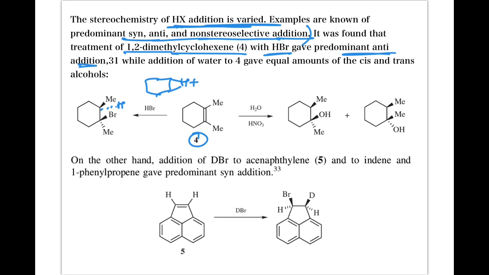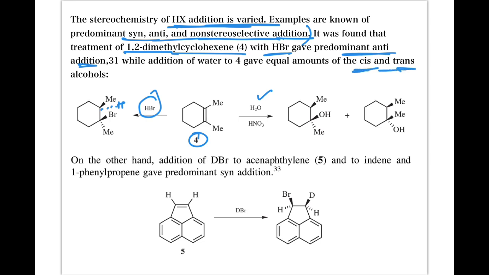Is it possible? It is not predicted in many of the reactions, right? Because hydrogen is very small to be able to coordinate with these two carbons at once. So the idea of forming a hydronium ion is not good. But this is shown to be anti-addition, and the addition of water to the same gave you mostly equal amounts